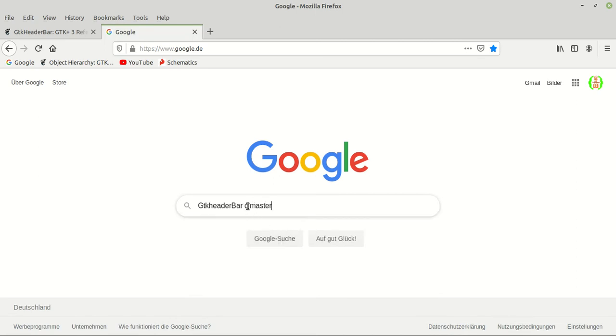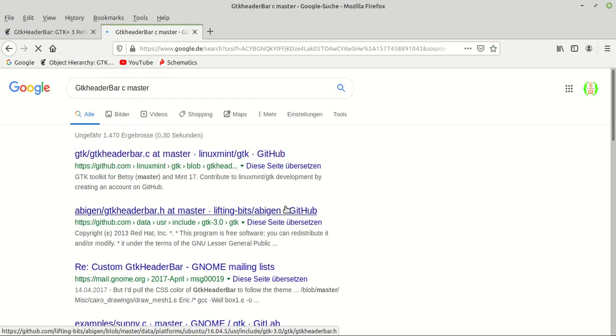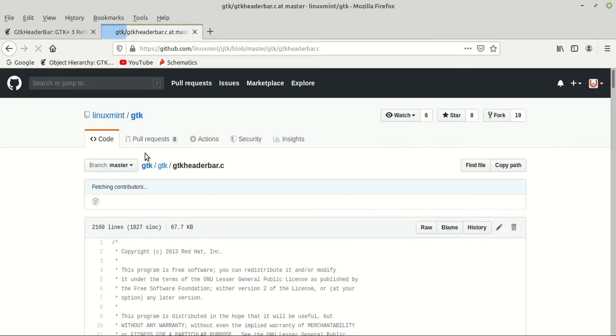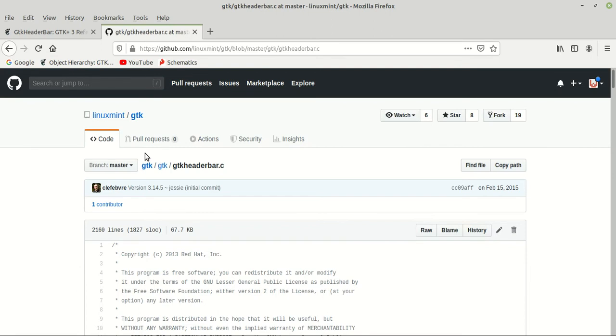When you use these two keywords right here, it will bring you to GitHub, and here you find out information about how it was created. It's a faster way for you. So basically, you know which kind of things you are dealing with, and you have the chance to see its implementation.